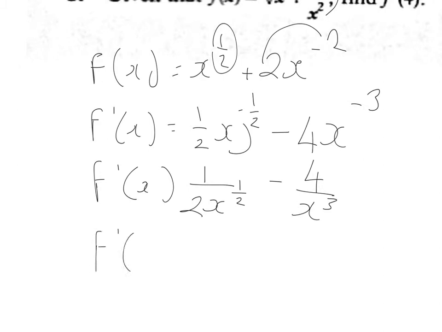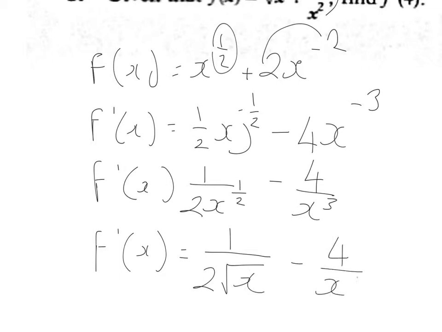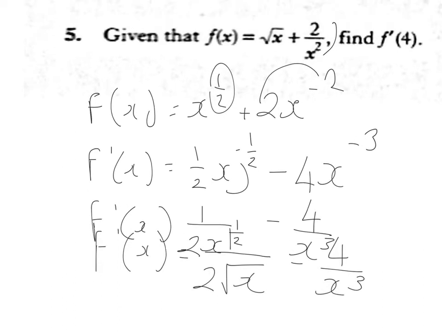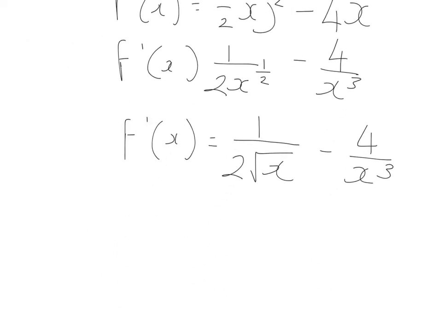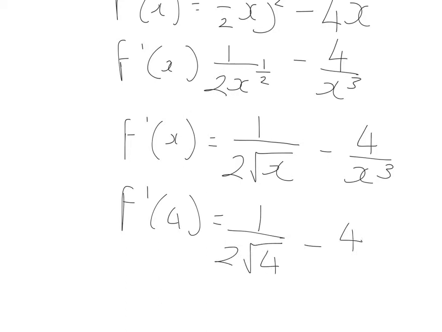For the purposes of making a substitution, I'm going to reintroduce the square root symbol, so that's 1 over 2 lots of the square root of x minus 4 over x cubed. So that's f dash x. The question's looking for f dash 4. So I'm going to sub in 4, so f dash 4 is equal to 1 over 2 times the square root of 4 minus 4 over